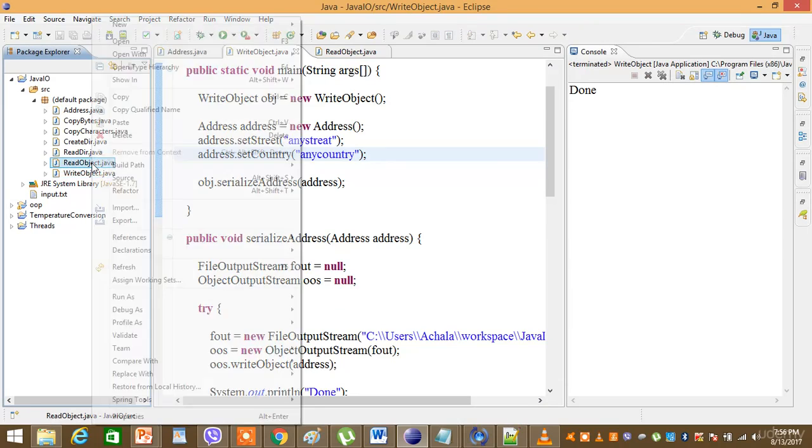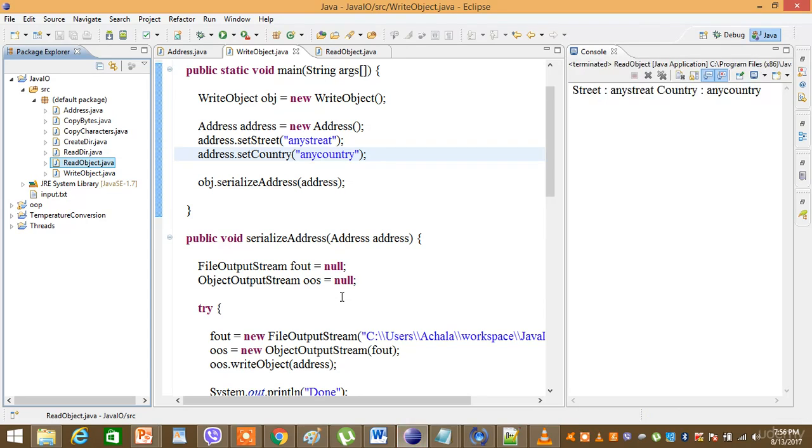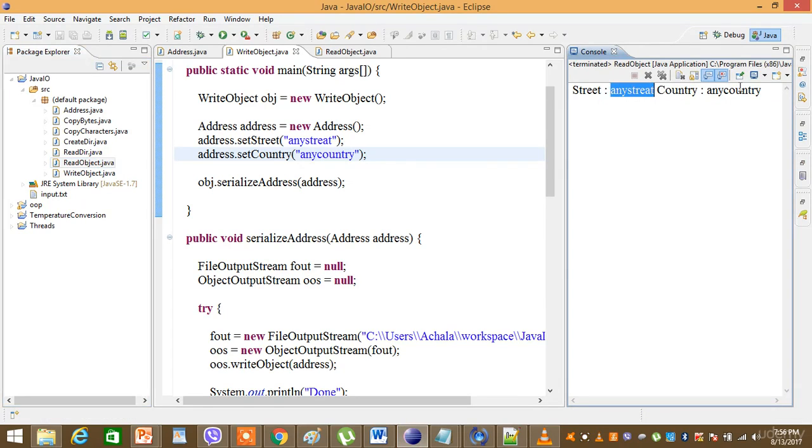And if we read this object, it will print any street and any country. So this is an example